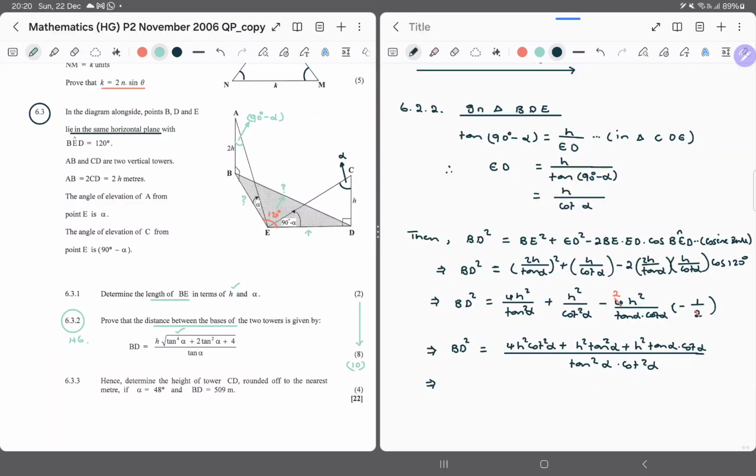Now folks, what are we doing now? Okay, let's be systematic. We don't need to rush. We don't need to cry. So is there any like terms here? Yeah, man. Because this one,